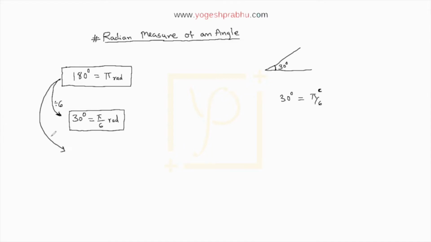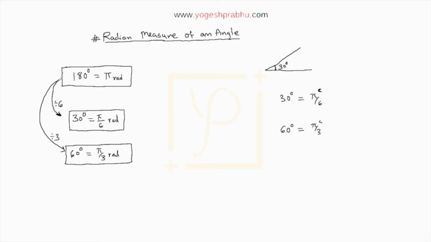Now the next is, what if I divide this main equation here by, say, 3? If I divide by 3, 3 6s are 18, right? This will become 60 degrees, and 60 degrees will become pi by 3 radians. You can write either rad, or you can just write C on top, like how we write Celsius. So it is 60 degrees is equal to pi by 3 radians.